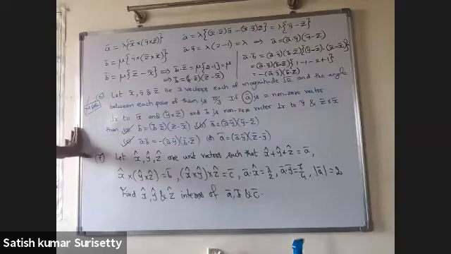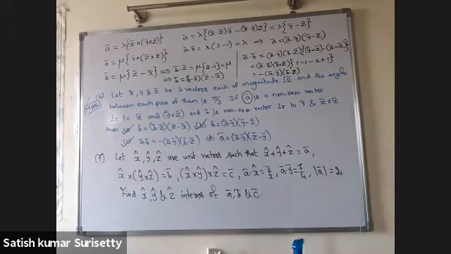Next is the seventh problem. X, Y, Z are unit vectors such that X plus Y plus Z is A bar, X cross Y cross Z is B bar, X cross Y cross Z is C bar. A bar dot X bar equals 3 by 2, A dot Y is 7 by 4, modulus of A bar is 2. Find X, Y, Z in terms of A bar, B bar and C bar.